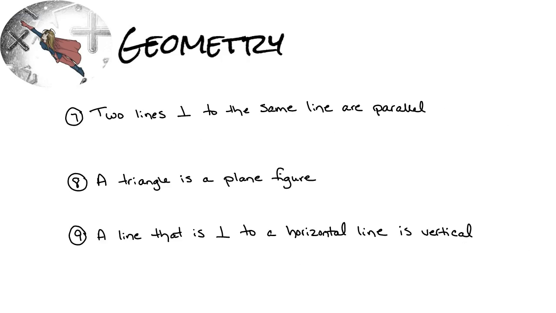Number 7, two lines perpendicular to the same line are parallel. Now notice they didn't say in a plane or in space. So we assume in space, like the directions told us to. Well, if I have a common line and then I'm going to make two lines perpendicular to that,